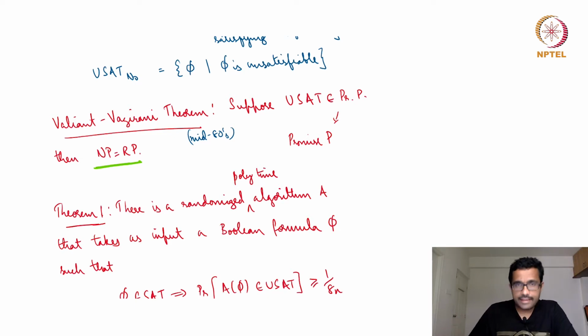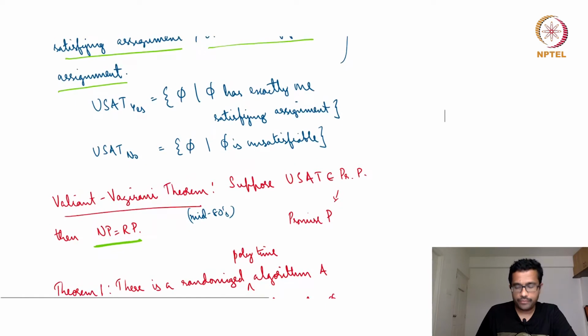In the previous lecture, we saw promise problems and then we saw the unique set problem. So unique set is just like set, but with the promise that the number of satisfying assignments for the given Boolean formula is either 1 or 0. And we have to determine which of these is the case.